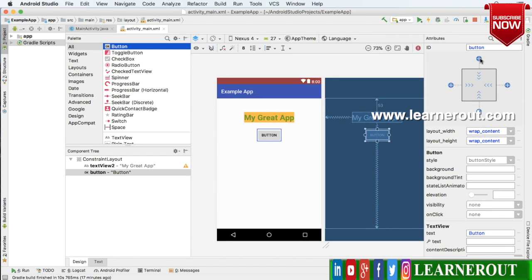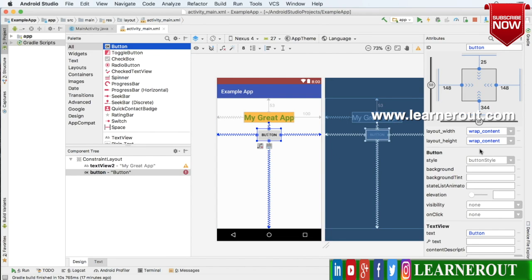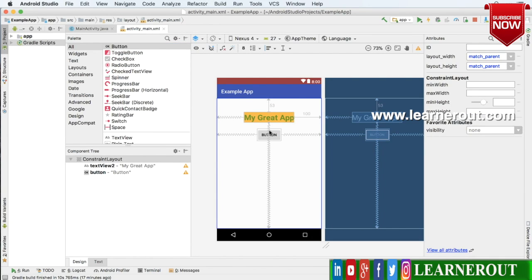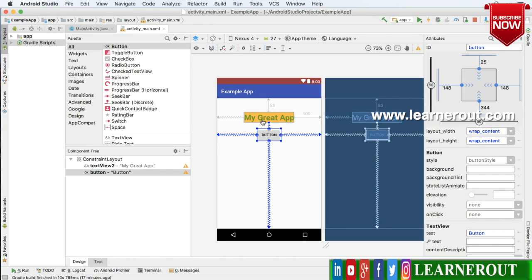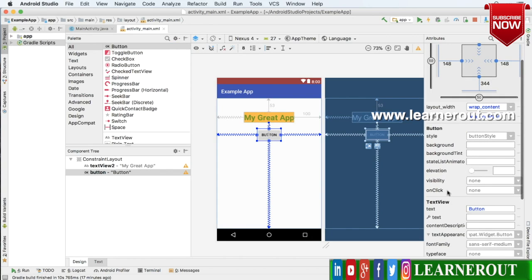We can put in some margins if you like, and feel free to experiment with different colors, styles, etc. But we'll focus on the code for now, so I'm not going to style that button in any way. But the button has a new attribute that text views don't have, and that is the onClick attribute. And this is where we can set a certain function or method to be called when that button is tapped